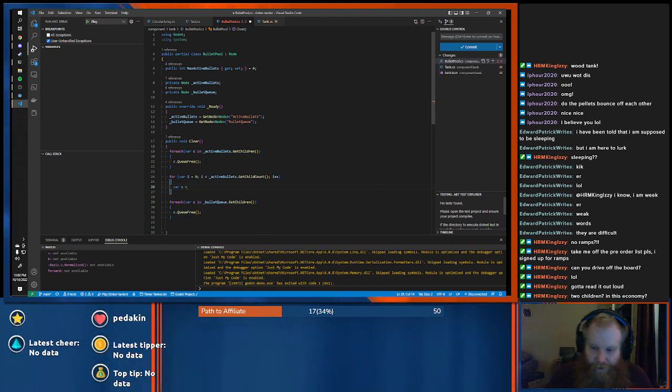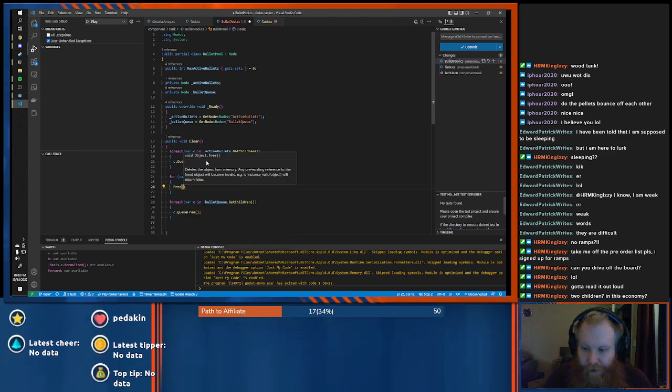What does free do? Not too bad. What if we... Deletes the object from memory. Any pre-existing reference to the freed object will become invalid.